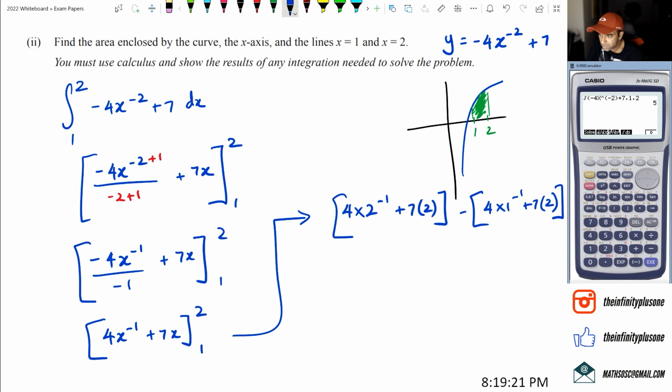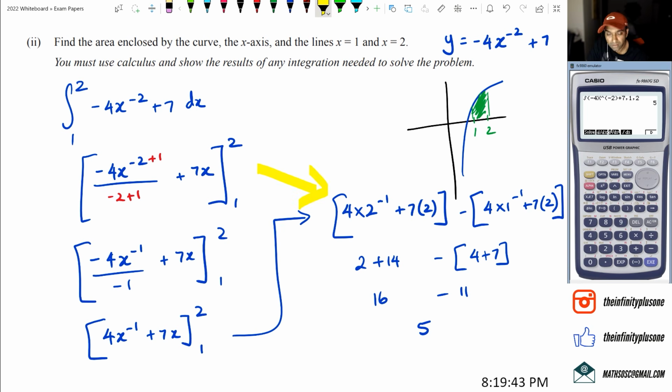And I would say that we would pretty much get 4 over 2 and 14. So we've got 2 plus 14, take away 4 plus 7. So we've got 16, take away 11 equals to 5. So what you could have done is, I probably would have done something like from here to kind of here, just substitute those x's with 2 and 1, and then I would have just written down the answer as 5. But I would always check the answers in the graphics calculator just to see that I'm actually correct there,